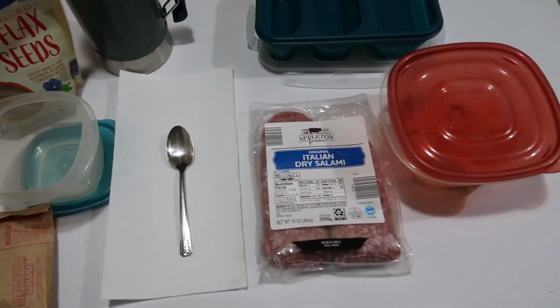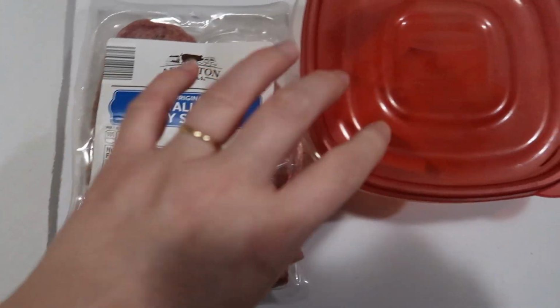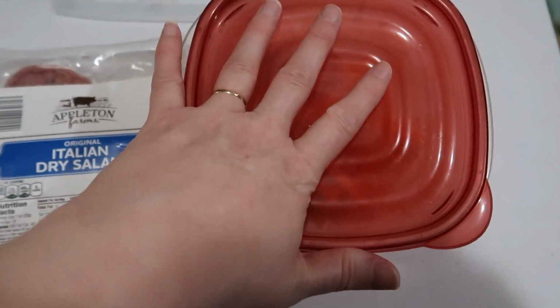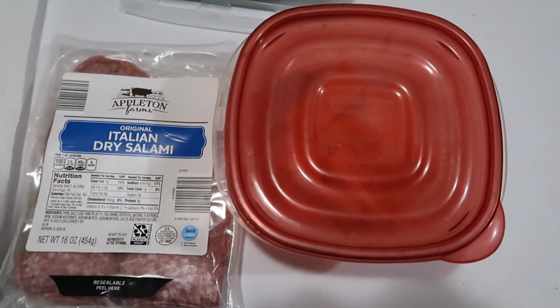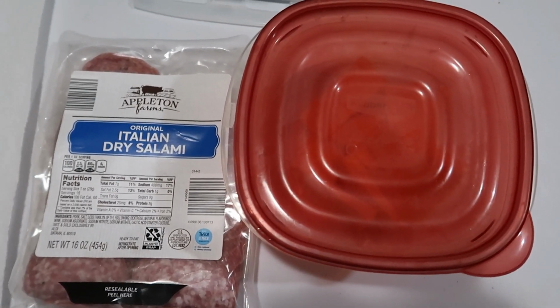Here's what we have for Wednesday. Wednesday lunch is basically going to look the same as Monday. We've got the Italian dry salami from Ollie's, more of the block cheese in here, and usually what I do is I just cut a block at a time. It goes into the storage bowls until I need it,